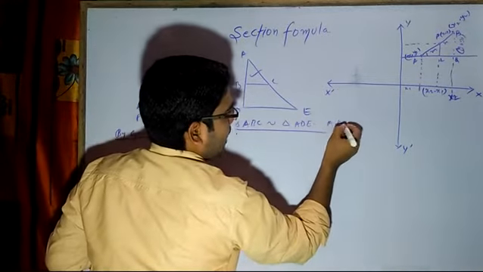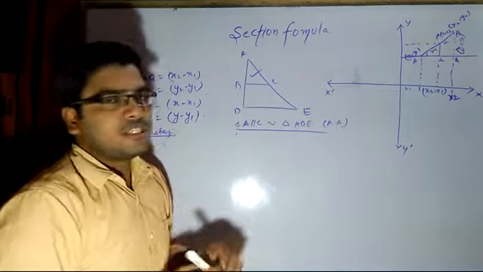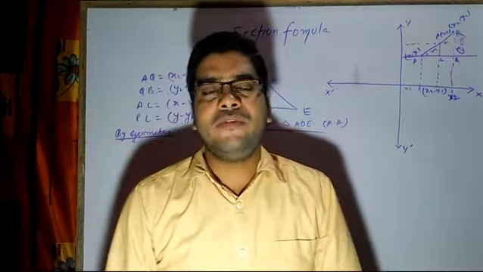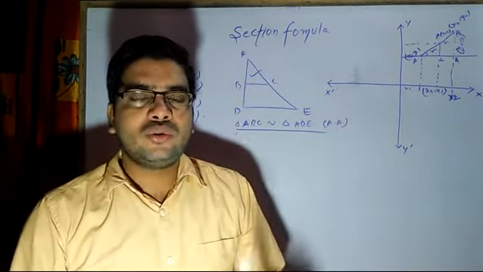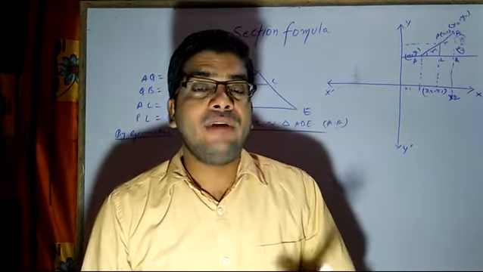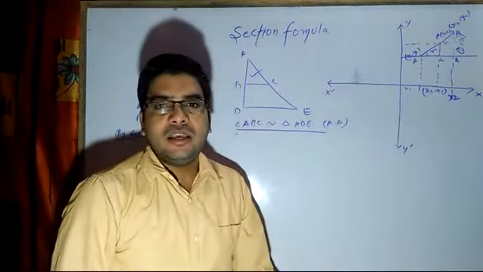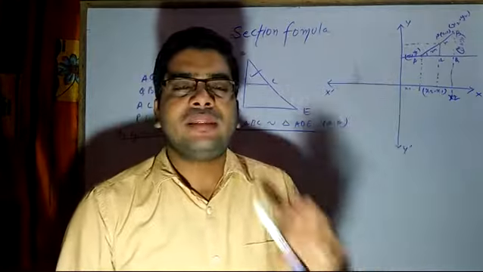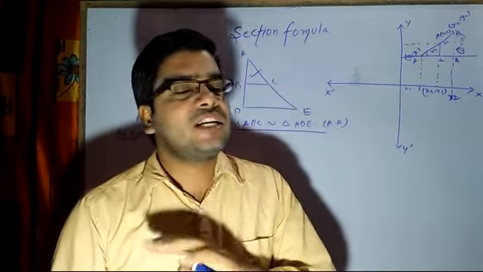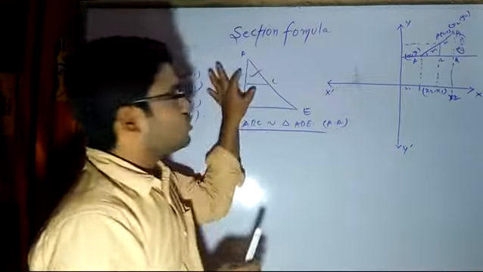By angle criteria. Now what is the meaning of this? These two triangles are similar. In class 9 we have seen about congruency, in which two triangles or two figures are said to be congruent if they have the same shape as well as size. But in case of similarity, if the shape is the same, then the figure is said to be similar. Size does not matter. If it is very small and the other bigger, these two figures can be said to be similar.